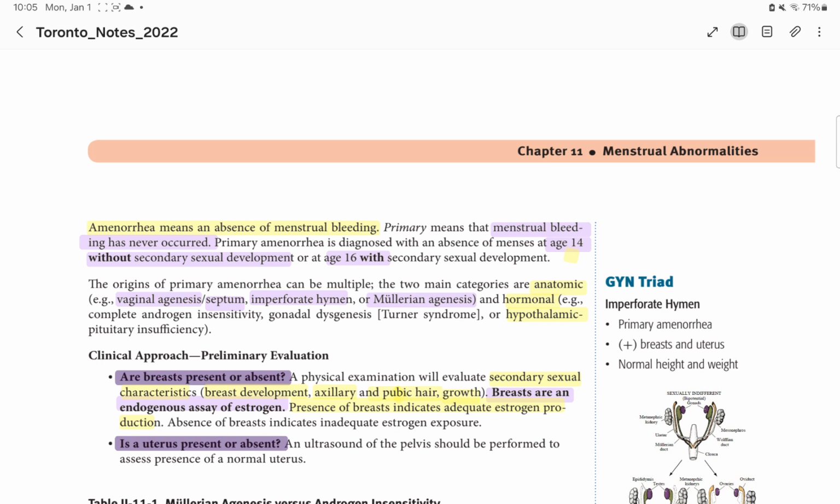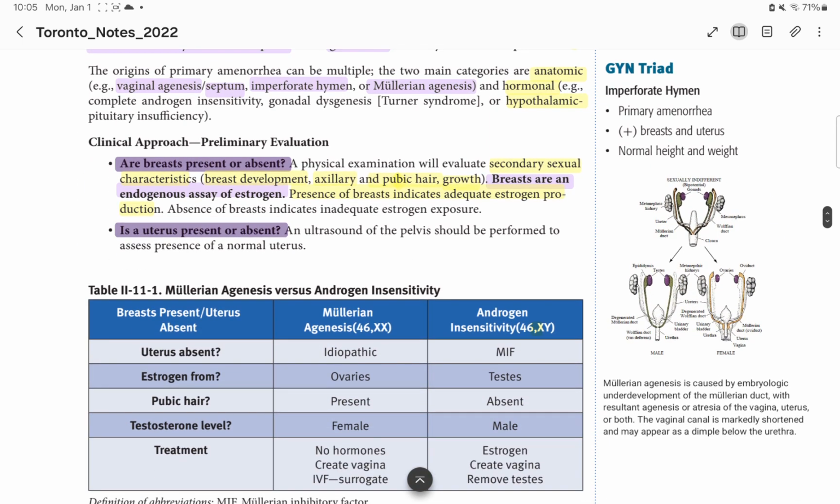and Mullerian agenesis is when the Mullerian duct is not well developed. That can be a causal problem for the woman. It can cause amenorrhea. And we are explaining like that: if the patient